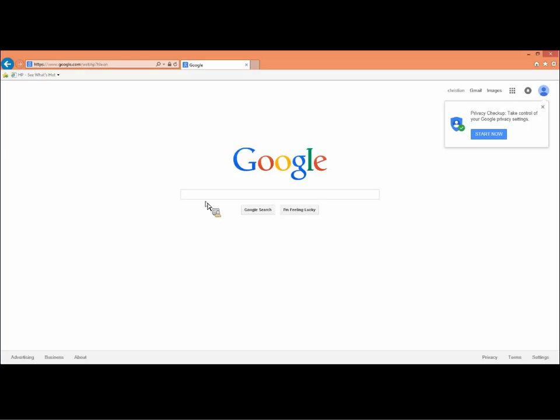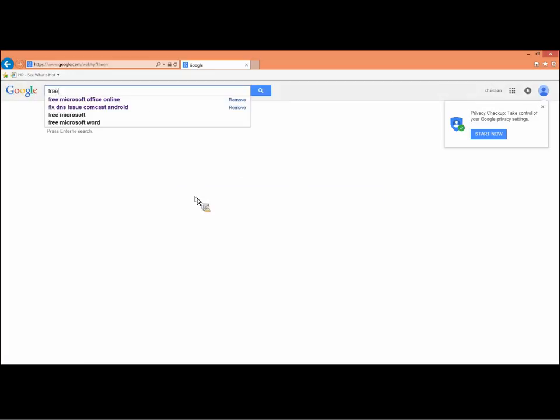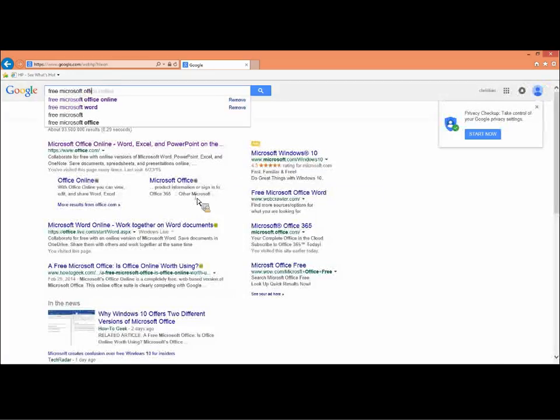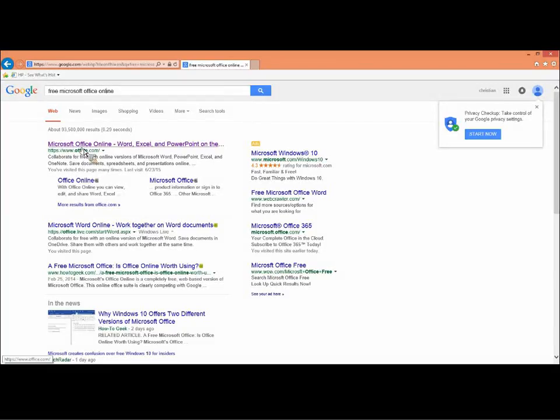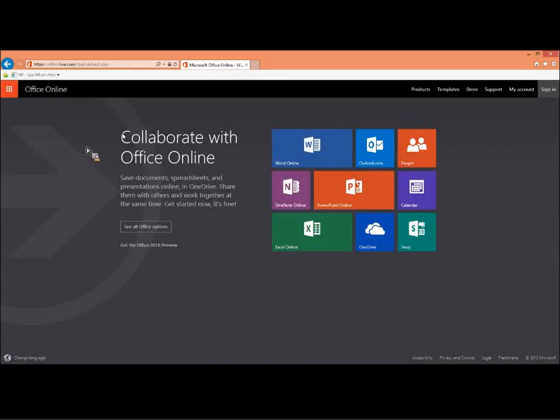So what I do is I just come into Google and I type in free Microsoft Office online. And it's usually the first one here. And it'll take you to here. As you can see, it kind of looks like Windows 8. If you have a Windows computer that has the tiles here, they have Microsoft Word, PowerPoint, calendars, beneficial